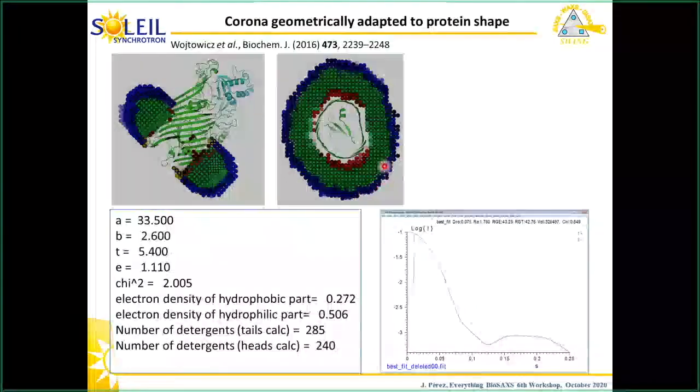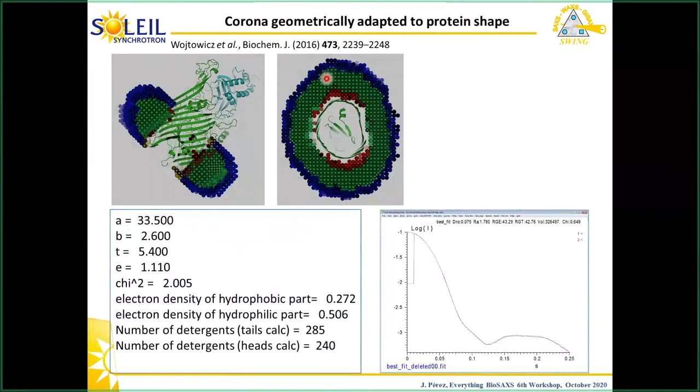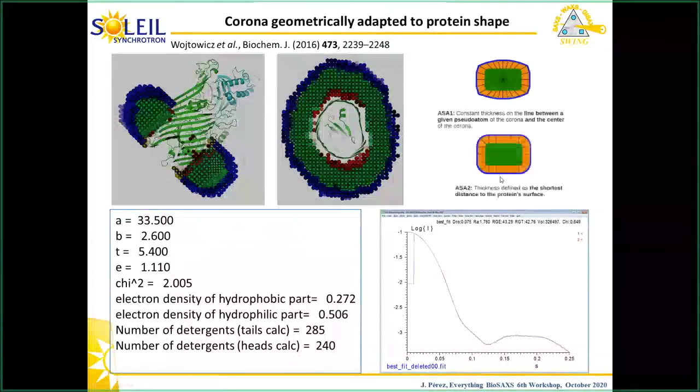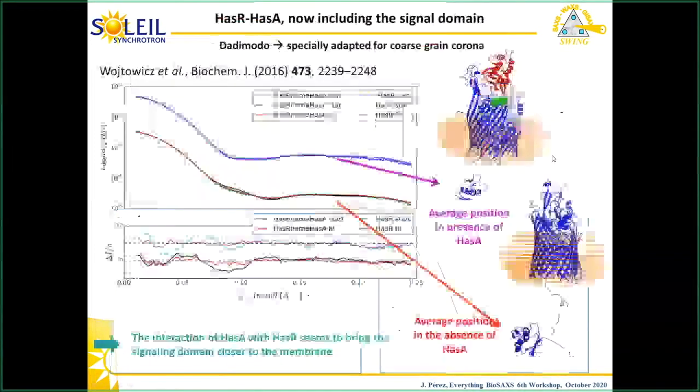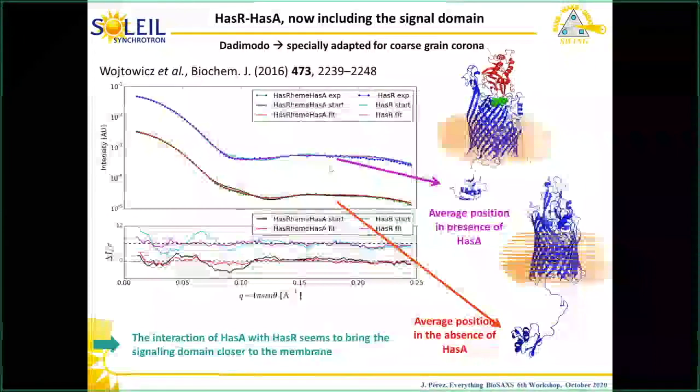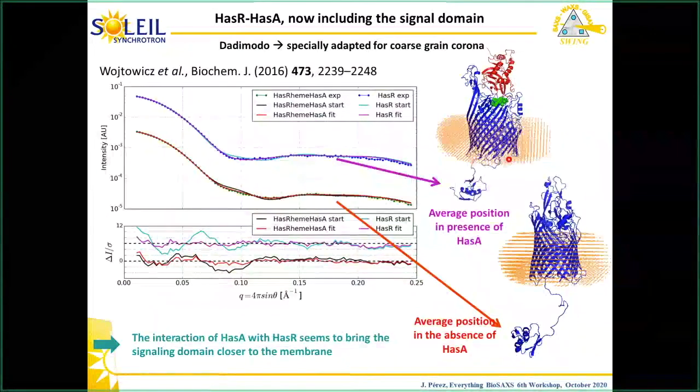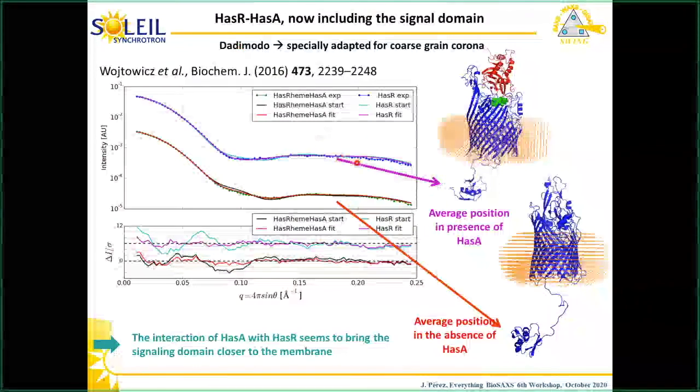And if you think of it, this makes sense, that the extension of the corona depends on how the transmembrane part of the protein itself is extended in its own plane. So doing this, we had a nice fit of the curve, and this is now implemented in Memprot. And we could then compare, after using DADIMODO, the structure of